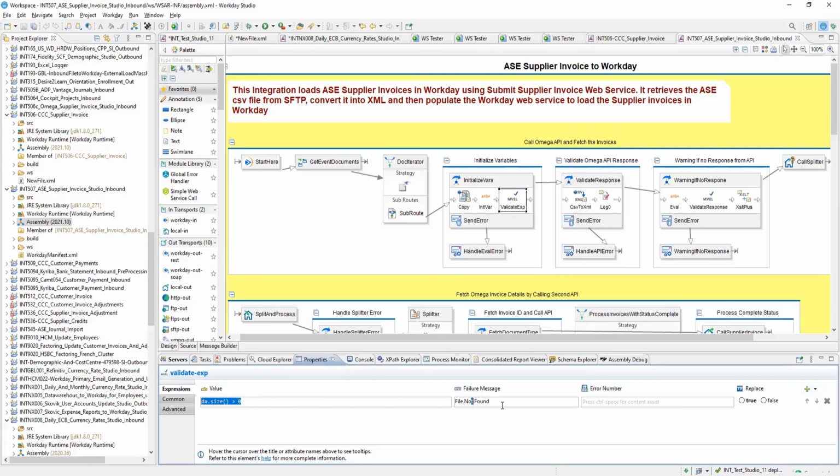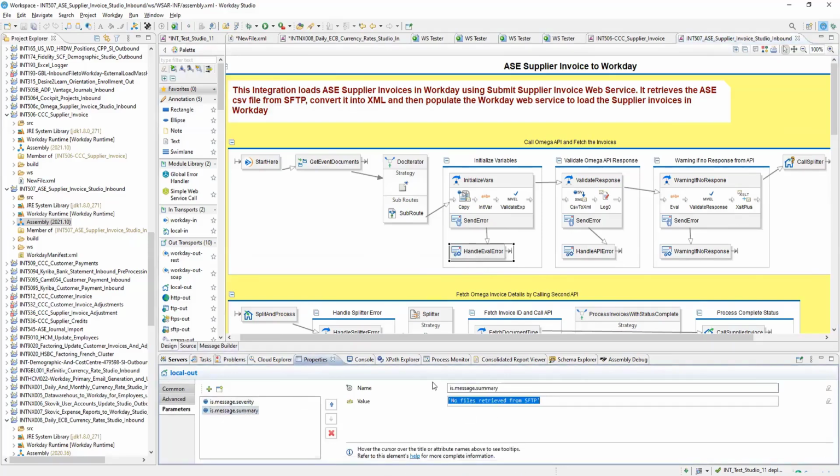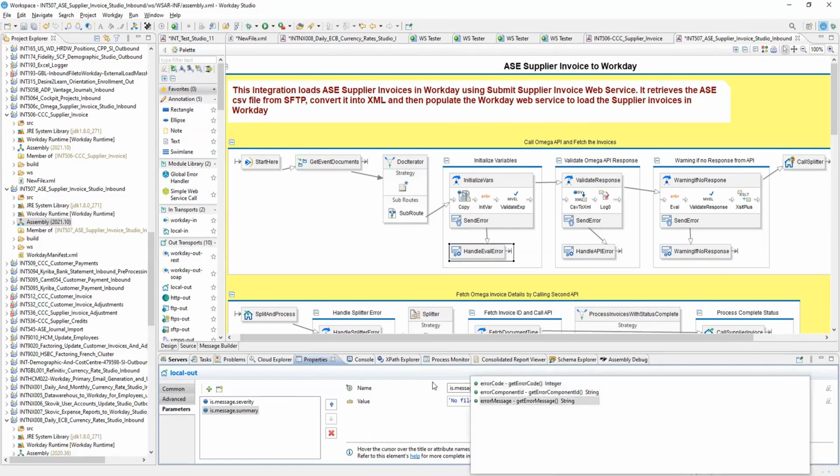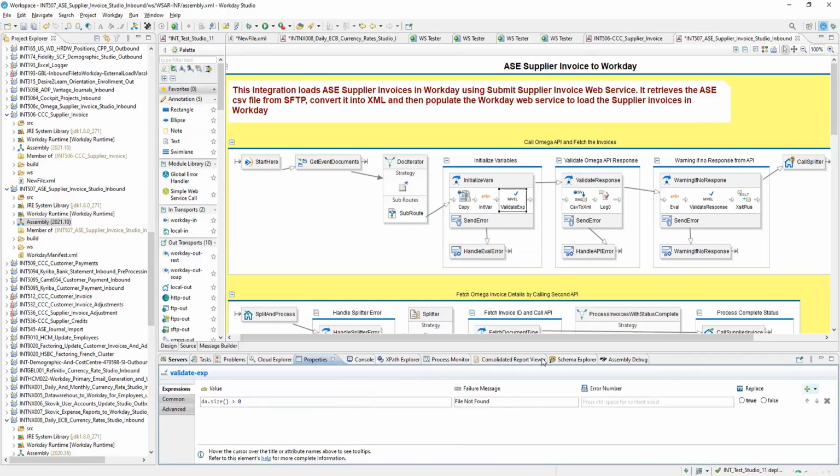If it is false, this is the error message. This will become your context error message, so you're overriding the failure message. Whatever you give here, it will give. So if I write context.errorMessage, it will give me no files retrieved from SFTP, and then this message.